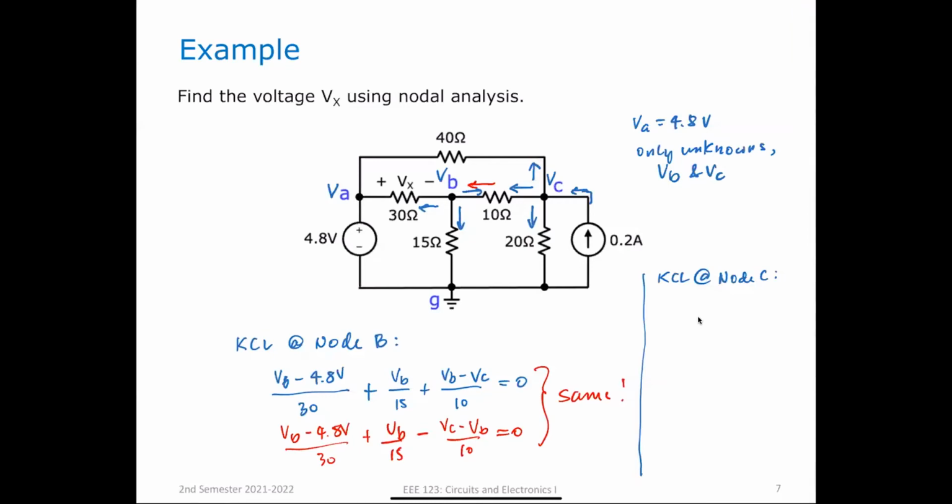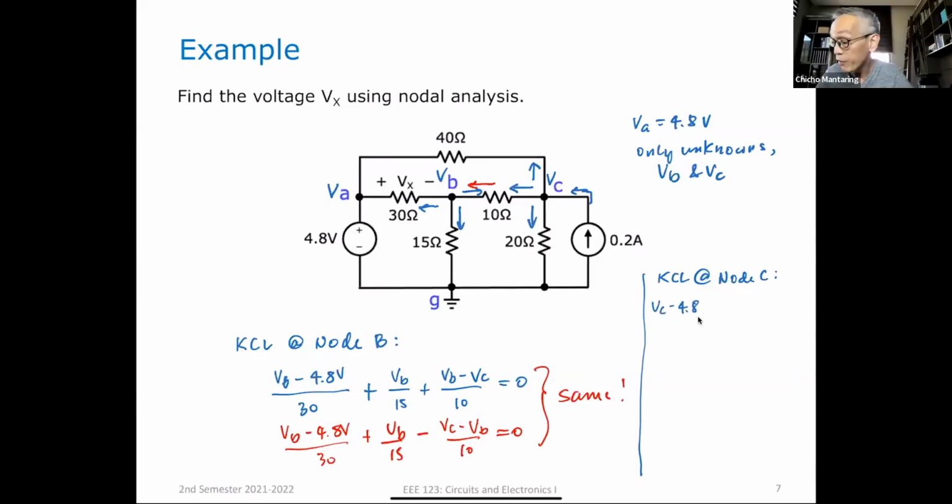VC minus 4.8 volts over 40 ohms. Yeah, that's right. VC minus 4.8 volts over 40. Okay, then let me just continue. No, I think everybody already gets the hang of it. So this is plus VC minus VB over 10. Okay, plus